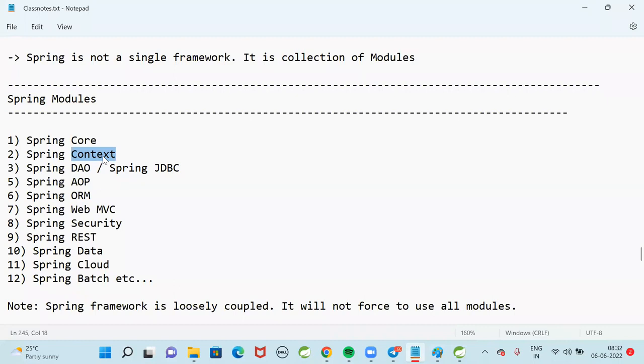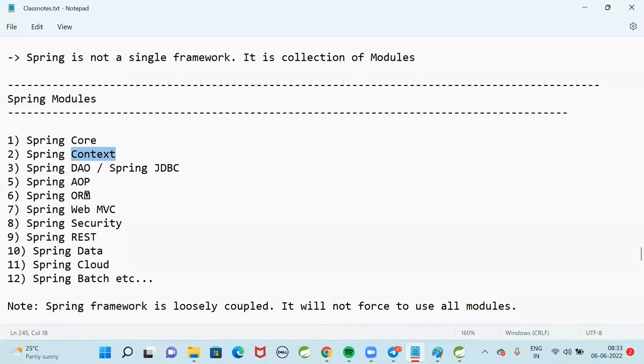Can you tell me what is a cross-cutting logic? Common logics required for multiple methods like security, transaction, auditing, logging. Those logics are called cross-cutting logics. Is it recommended to combine business logic and cross-cutting logic, or is it not recommended to combine? It is not at all recommended to combine the business logic and cross-cutting logics.